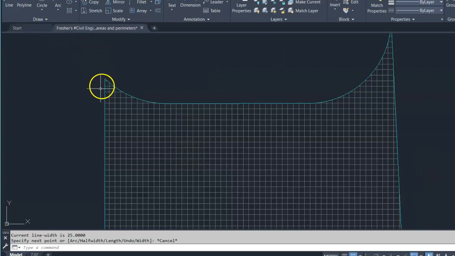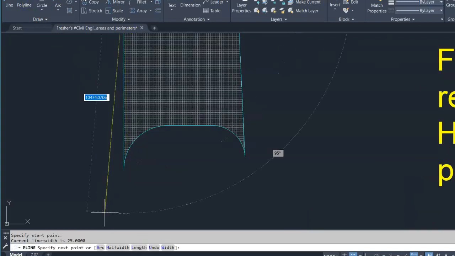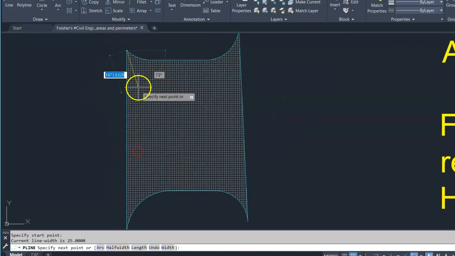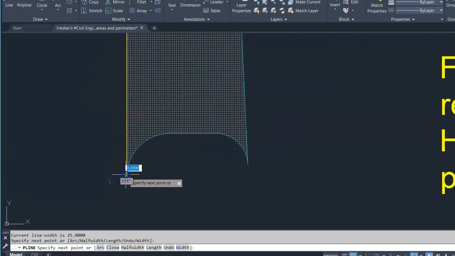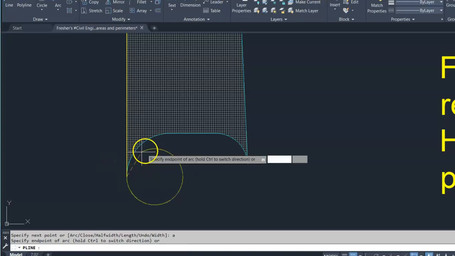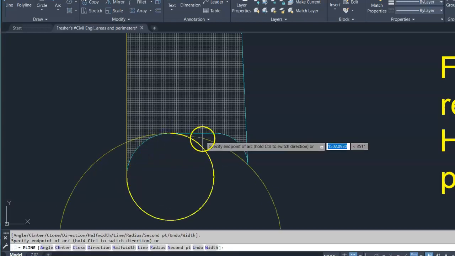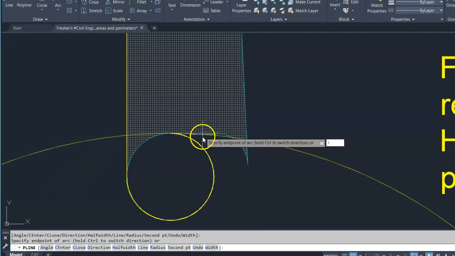Select a polyline. Read the following information properly. For an arc shape polyline, A is the shortcut key, and for a straight line, L is the shortcut key. Now this is a straight line. For arc, I have typed here A and enter. Again, L for straight line,